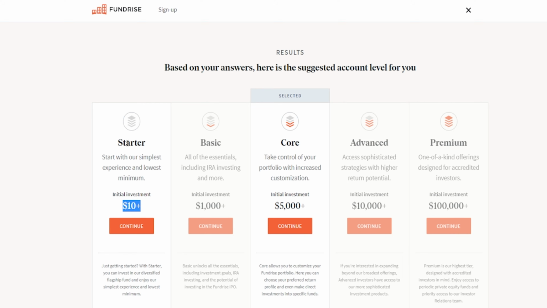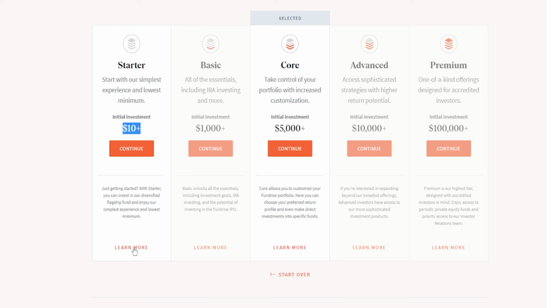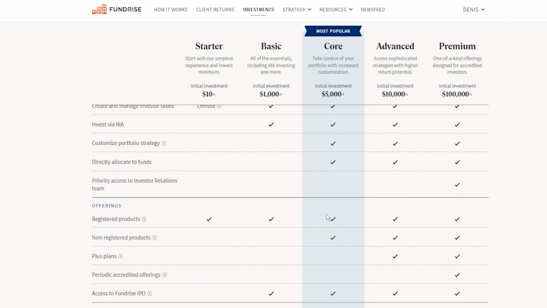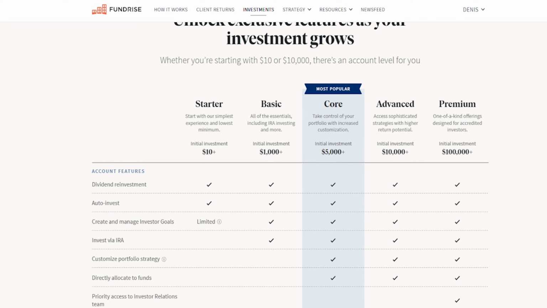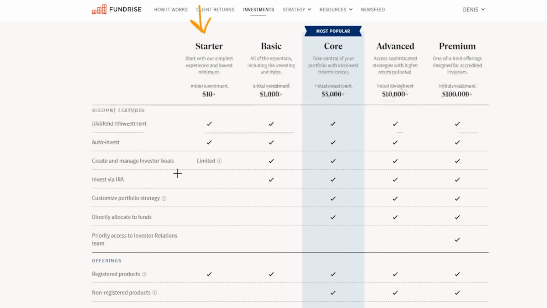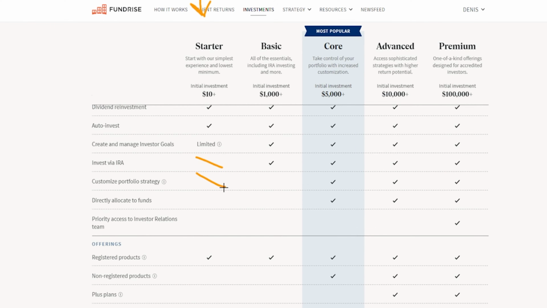So what we're going to do is click on continue over here and get the basics of what it's all about. If you want, you can click on learn more here, and it'll take you through a full breakdown of what all of this is. So you can see the Starter option we're going to be choosing, and all the features that it's going to be lacking in comparison to some of these other options, which maybe aren't really that